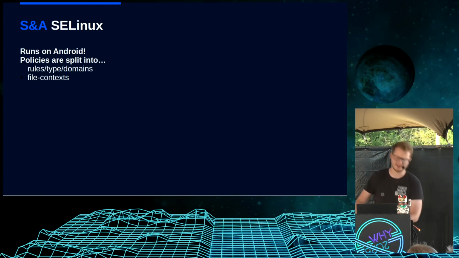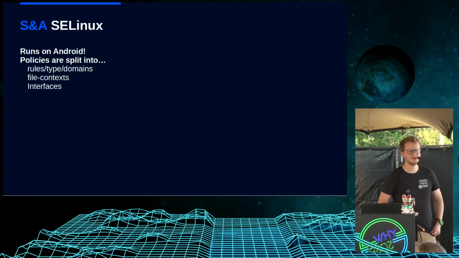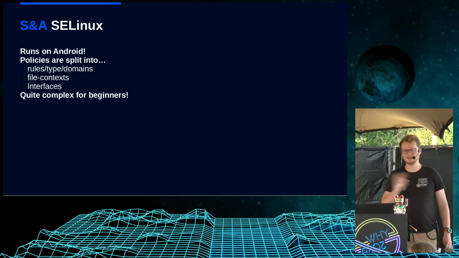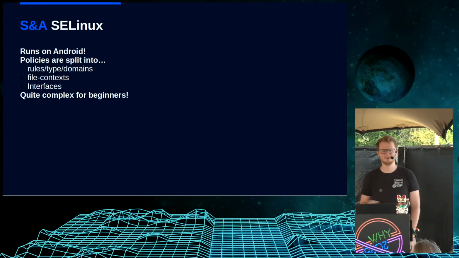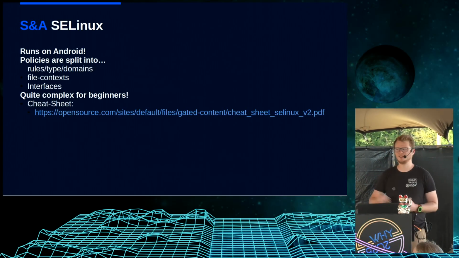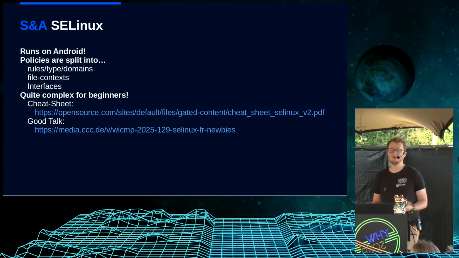Every file has a context, and then you have interfaces as a more or less standardized way how things should interact with each other. And yes, this is really, really complex. If you want to read on it, of course, I will not prevent you, but I wouldn't recommend it for beginners. There are some cheat sheets available, as well as a really, really good talk if you want to learn more